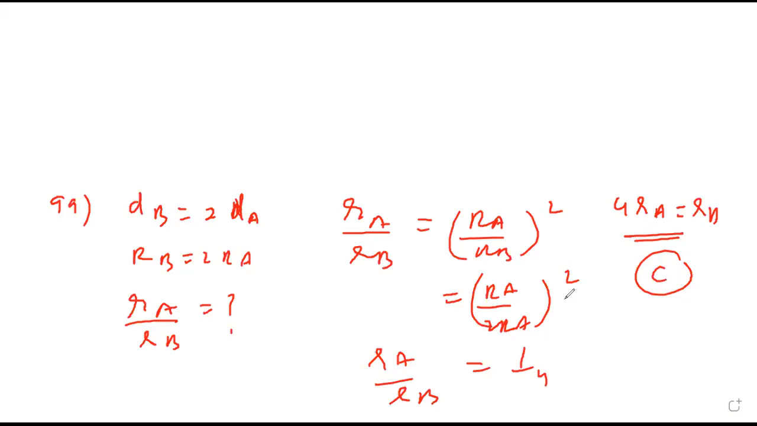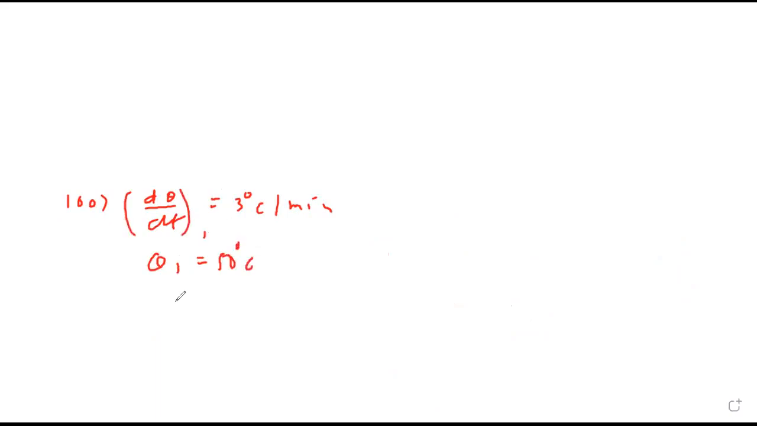Done, sir. Sum number 100. The body cools, that means d theta by dt, at the rate of 3 degrees Celsius per minute when it is at a temperature of 50 degrees Celsius. First rate of cooling. If the temperature of the surrounding is 25 degrees Celsius, then what is the rate of cooling of the body